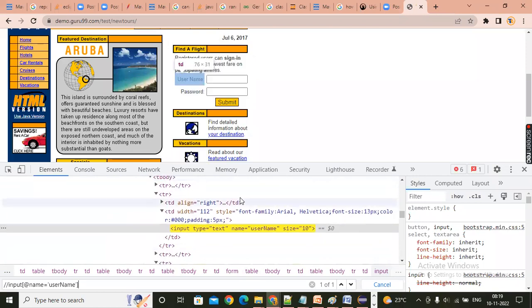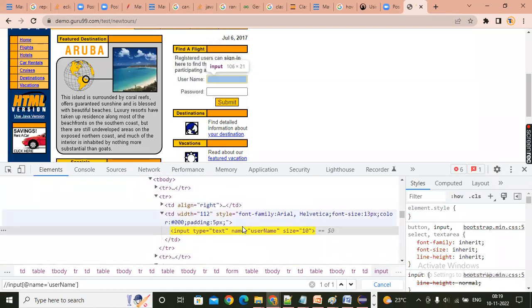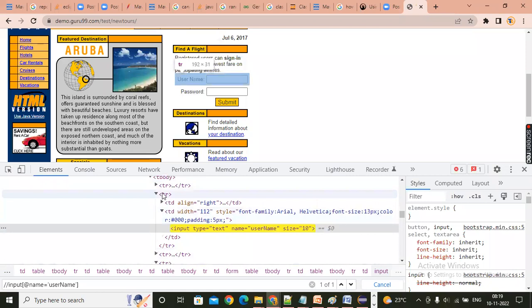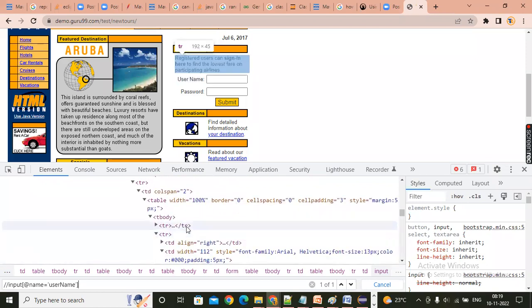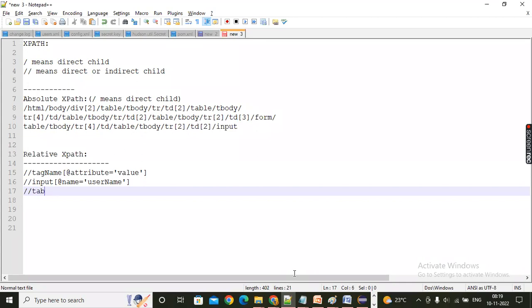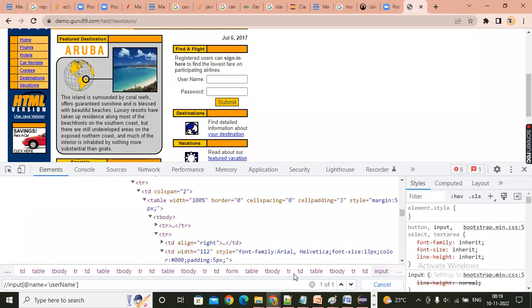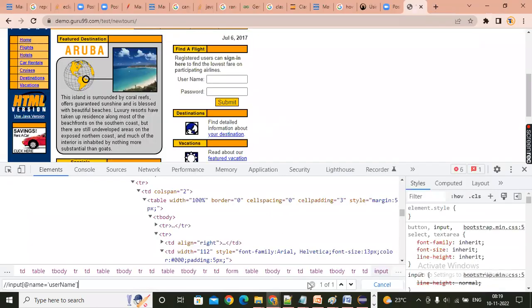Table is here. Under the table, what is there? Tbody is there. Which TR? This is the second TR we are having. Under that, the second TD, we are having this element. Can we write, guys, from table? How can we write it? Tell me. Table slash, just the hierarchy I'm writing. Table slash tbody slash,